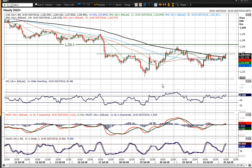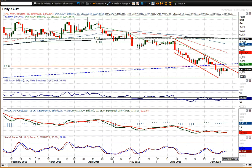So if it can break above it, then maybe you can start to see more of an improving outlook building. But as I said, 1236 is an overhead supply basis of resistance. So that's a key level of a ceiling near term. But yeah, the gold market is just consolidating at the moment, but still within all the negative configuration elements to this chart. But it is interesting that the selling pressure has dissipated in the last couple